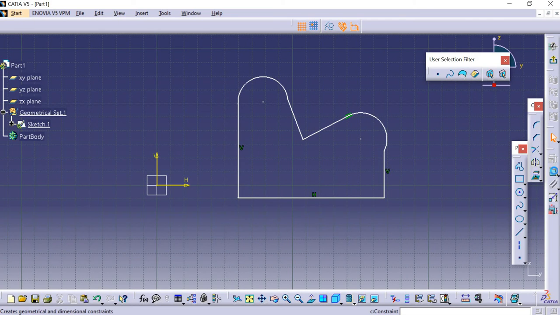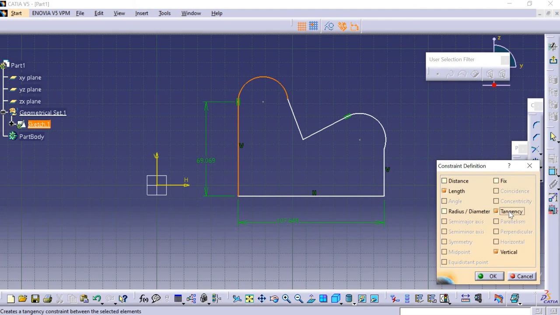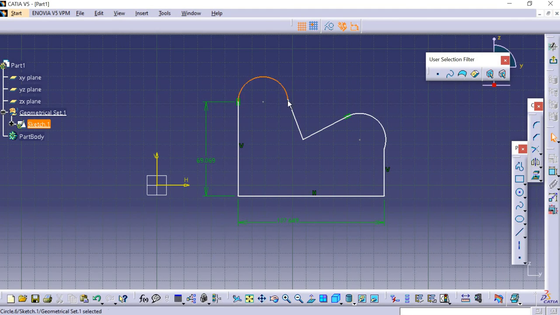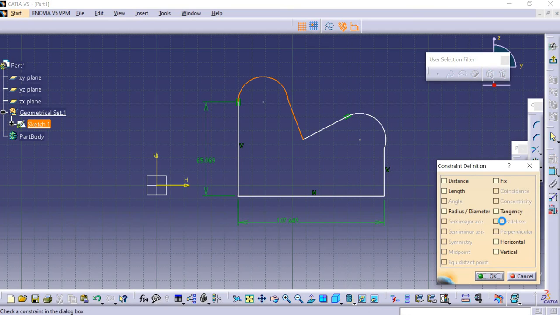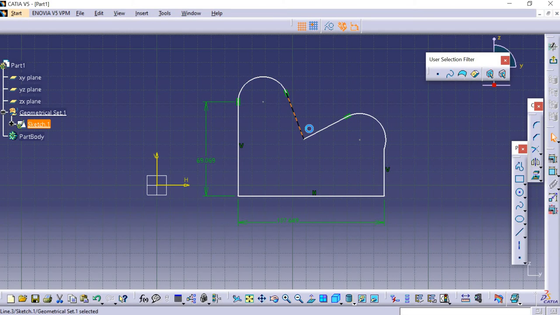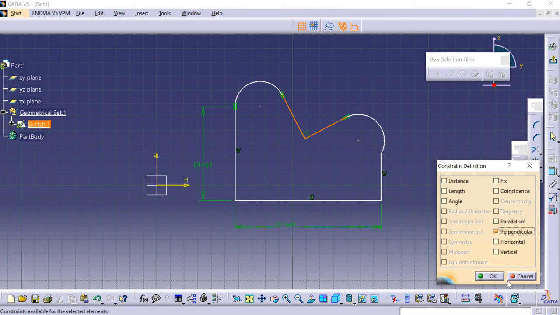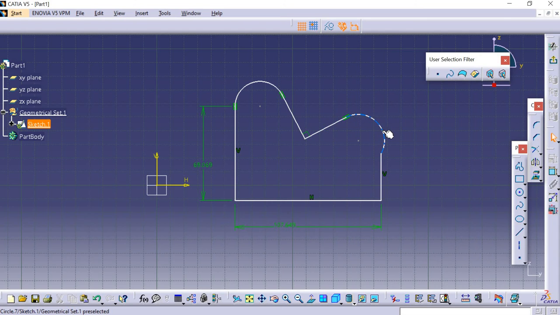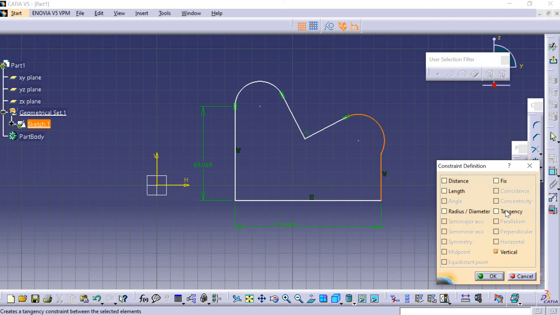Now let us constrain it. So this line. Now let us make this line and the curve tangent to each other like that, and this curve and this curve tangent like that. This line and this line perpendicular, and this line and this curve tangent, and this curve and this line tangent,